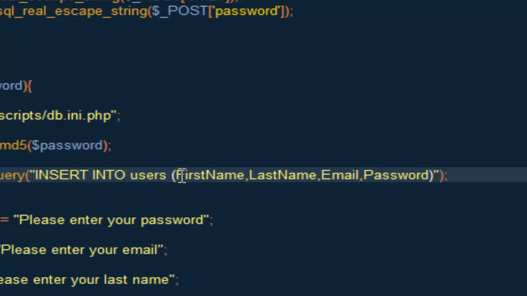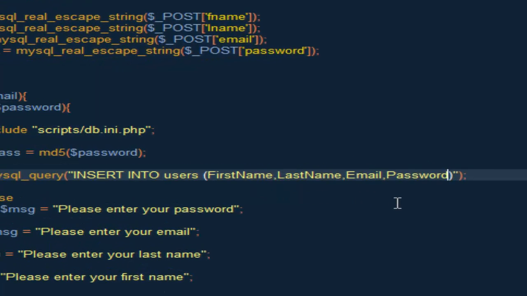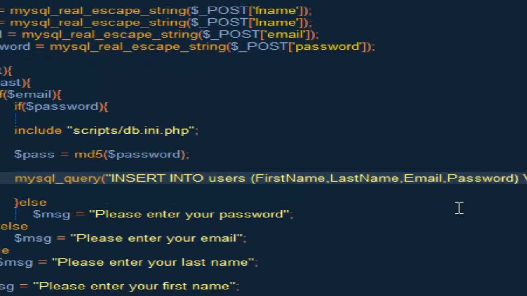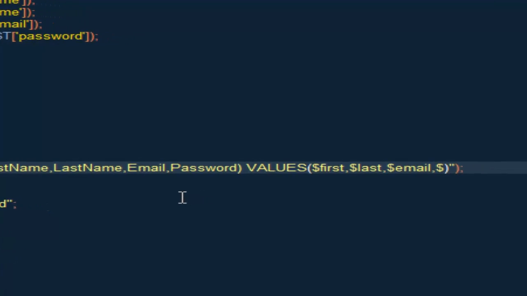Remember guys, here where we typed first name, last name, email, and password, they all have to match our database. After that, we want to do values, and then parentheses, and then inside here we just want to say first, last, email, and pass,